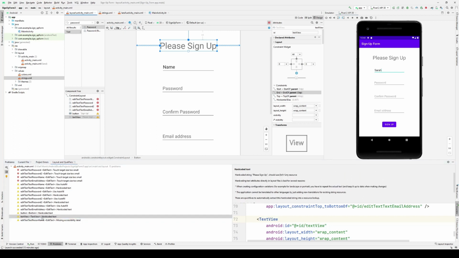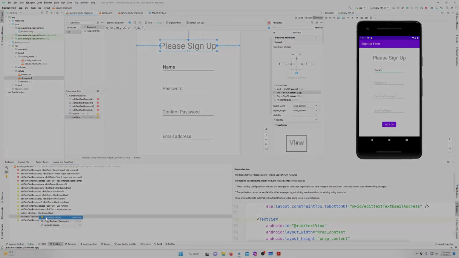And we are going to right-click on the error and select Show Quick Fixes. And then the option Extract String Resource is the first in the list. If we select that, a dialog pops up